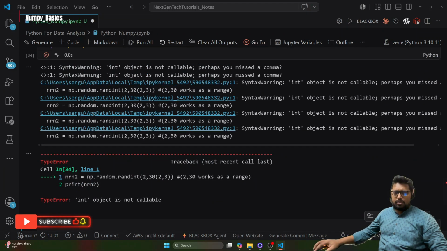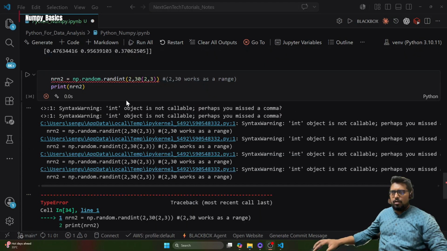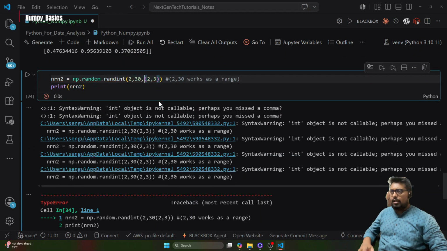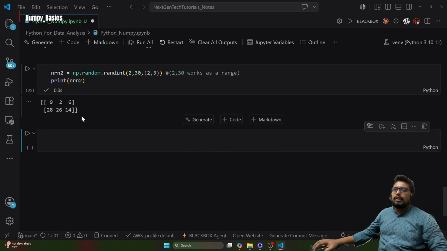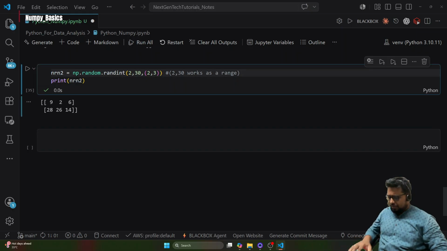int object is not callable. Where am I calling the int object? Oh, okay. Then there has to be a comma in between. Sorry. All right. Now we can see the random elements: 9, 2, 6, 28, 26, 14, but all between 2 and 30. I'll also write it over here, that here 2 and 3